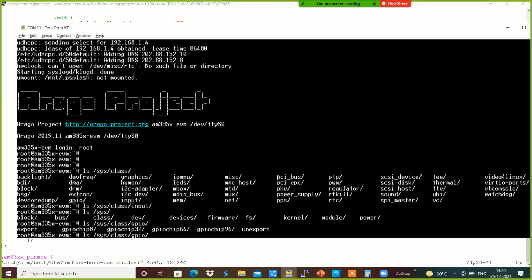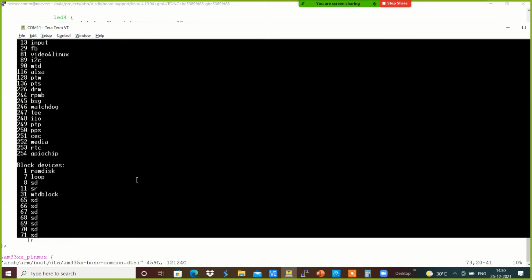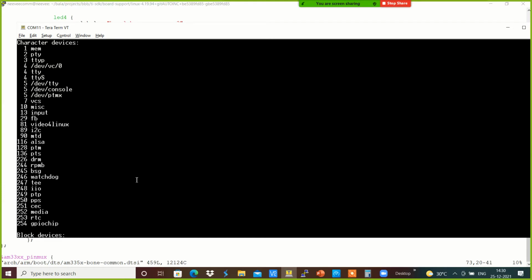And we can see something like cat /proc/devices, which has been added with the GPIO input.